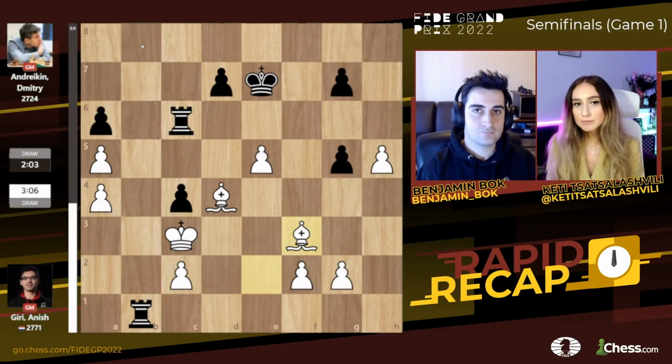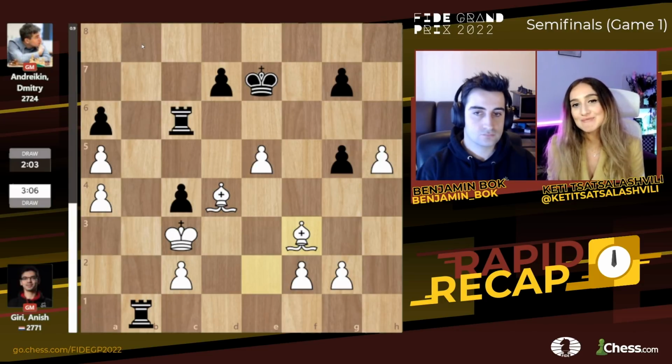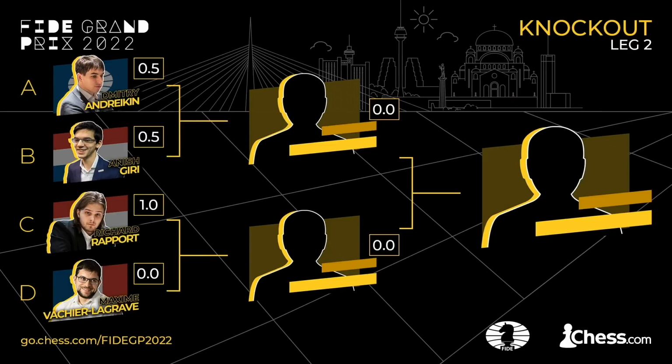Black has an advantage, but due to the activity of the bishops and the king, it's not very easy to find a clear way to win. And white has the same situation. It's just a very good looking position, but it's not winning. So a draw was agreed here, and all the action is going to go to tomorrow's game where they will reverse the colors,